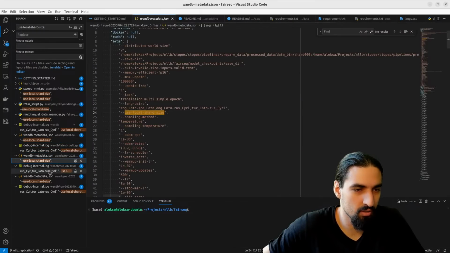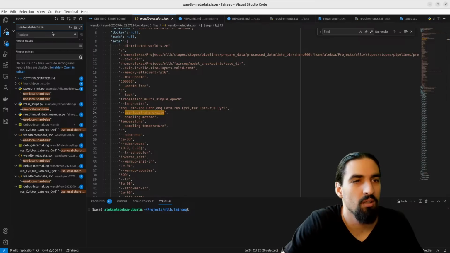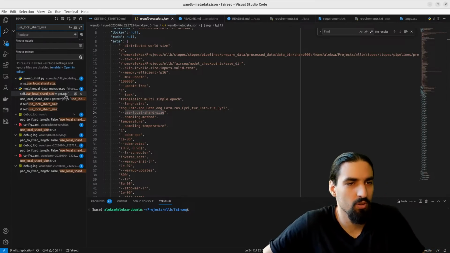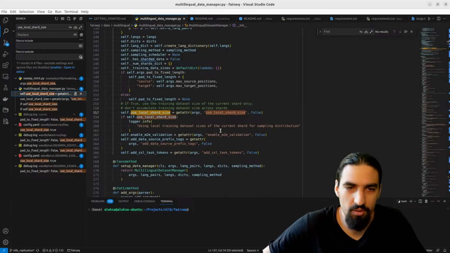Debug internal, okay. Let's see without the dashes. Let's see the underscore quickly. With the underscore, where is this used actually? If this is set, then we say using local dataset size of the current shard for sampling distributions.